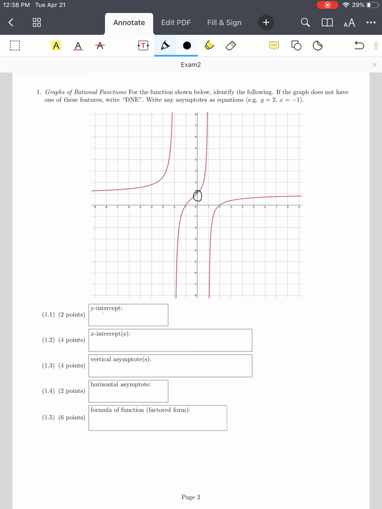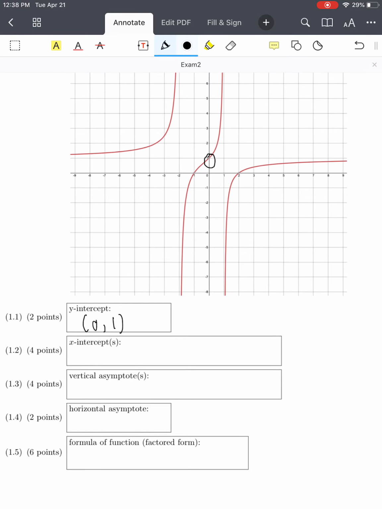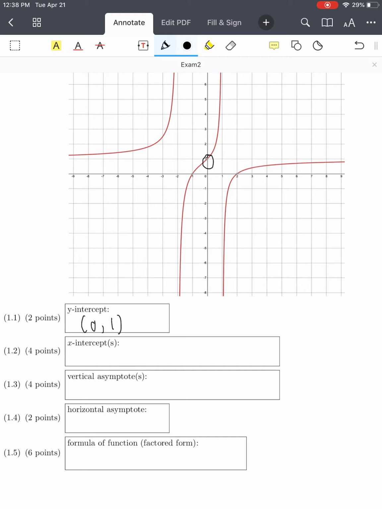The intercepts are always points. So that's the point (0, 1). Looks like (0, 1). The x-intercepts. There can be more than one x-intercept, but there can only be one y-intercept. The x-intercepts, where it touches the x-axis, are also points. So we have (-1, 0)